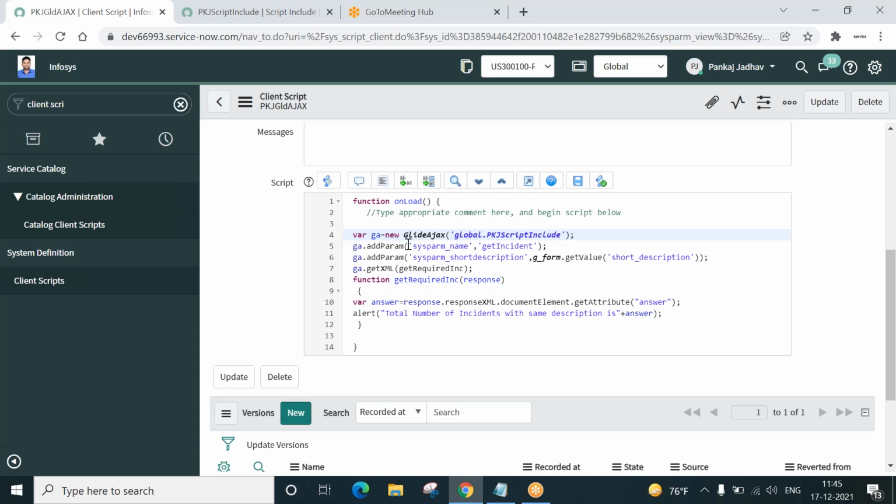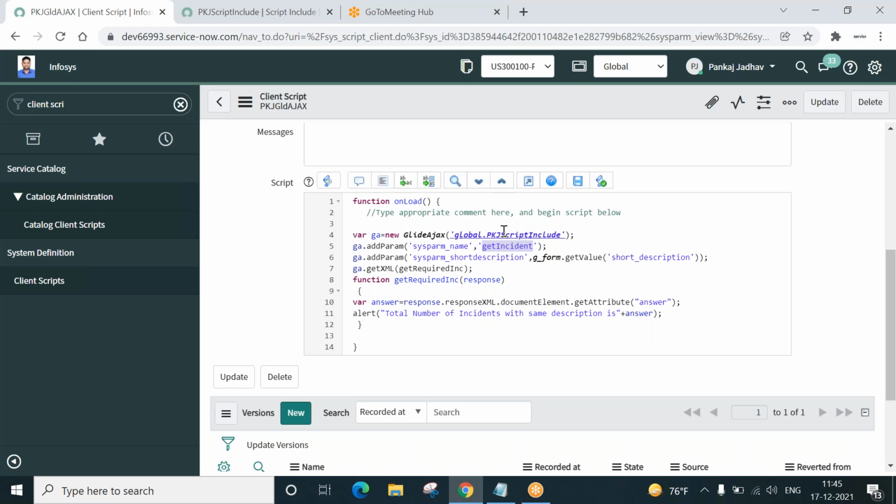ga.addParam. Pass sysparm_name, which will always be the function name. In this line, we specify this keyword. sysparm_name is a reserved keyword. We specify the function that is to be called.